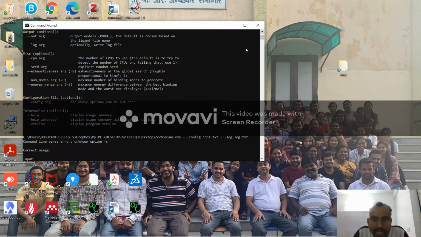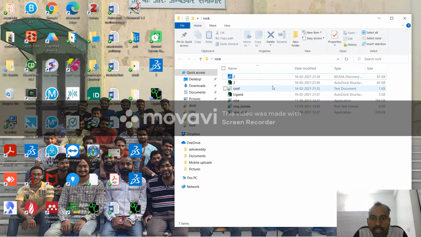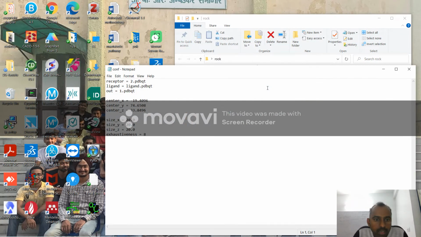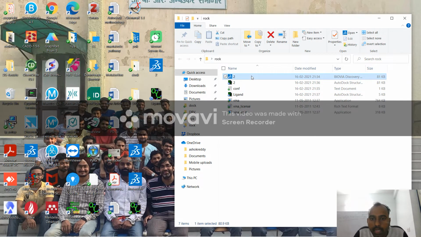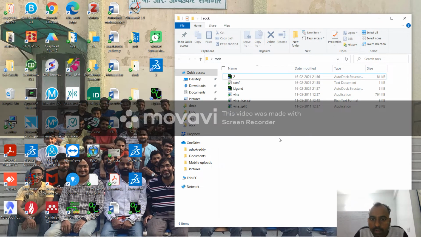So let me go back and check whether my configuration files are right. Config, 2.pdb, ligand.pdbqt, 1.pdbqt okay, 2.pdbqt okay. There is some error. We have to remove all those, delete everywhere.